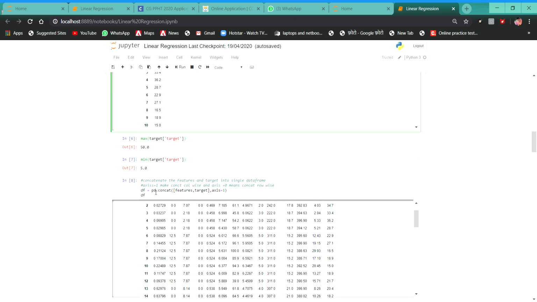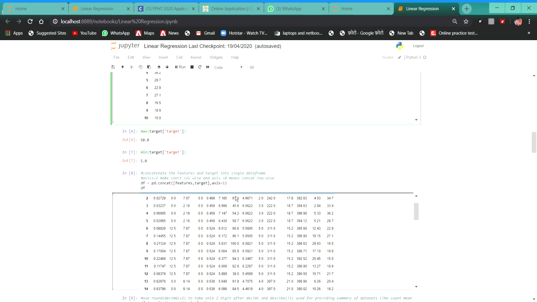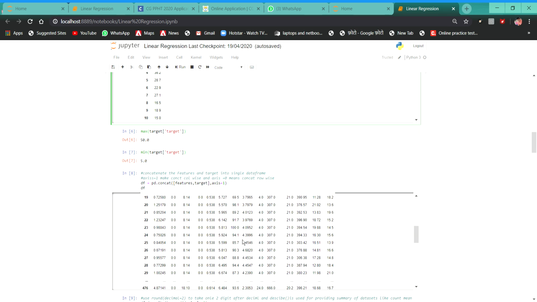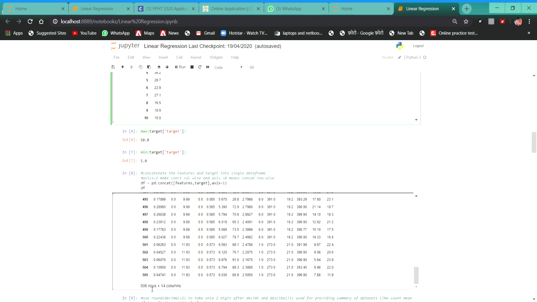Now we concatenate the features and target into a single data frame by using the concat function. Here axis equal to 1 means we concatenate the data frame column-wise. Here we can see that the number of rows is 506 and the columns are 14.